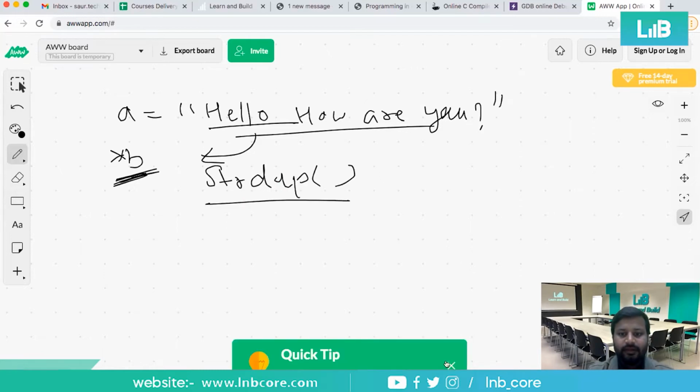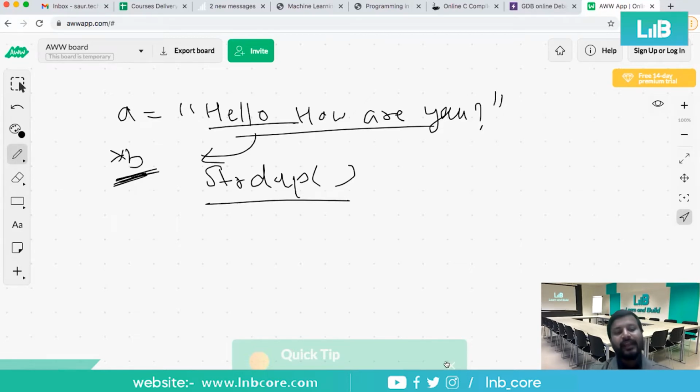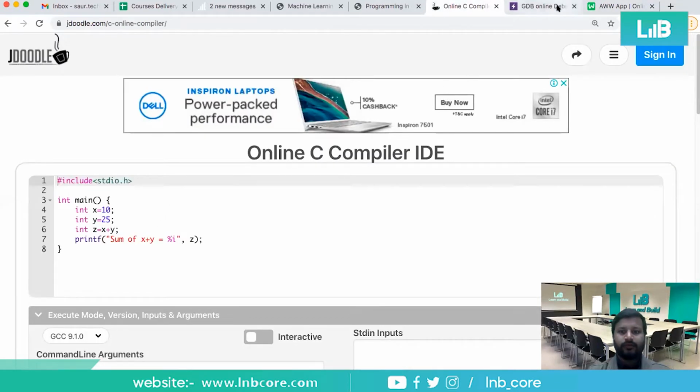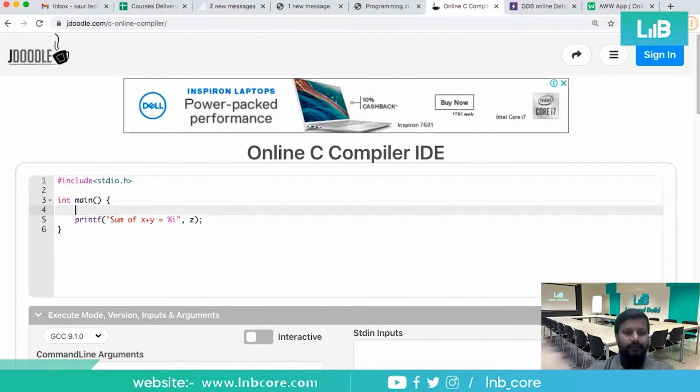In this command we need to pass one thing, given inside the brackets as an argument, and the return of this command would be your resultant, and the resultant is b. Okay, so let us see how to implement this one. I have either JDoodle or anything. Let me have here a variable char a[100] equal to double quotes, suppose data: hello, how are you,